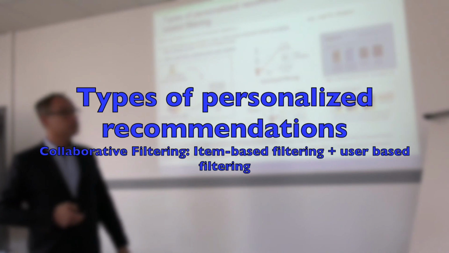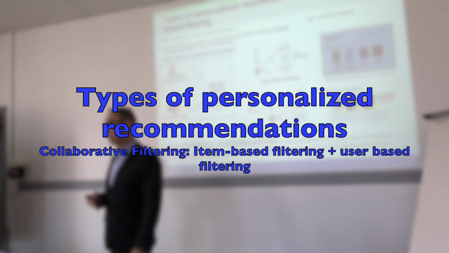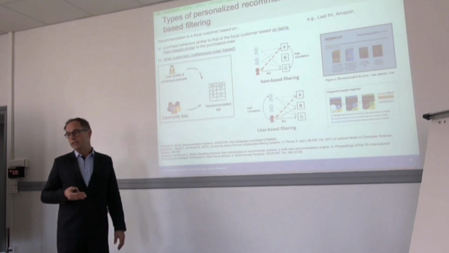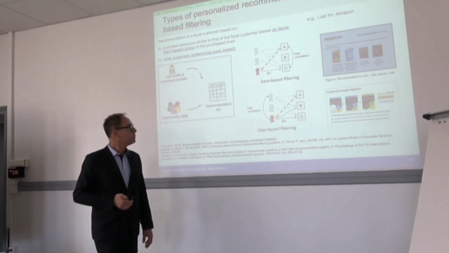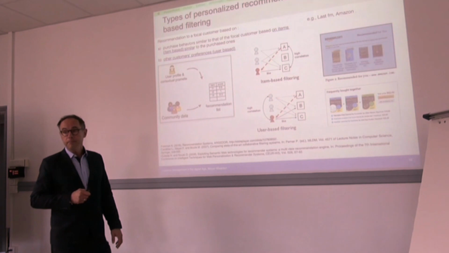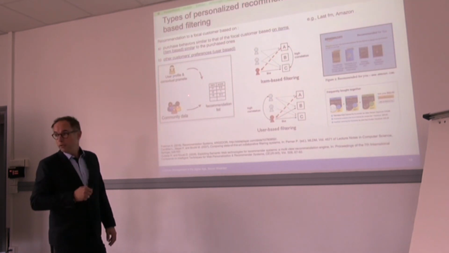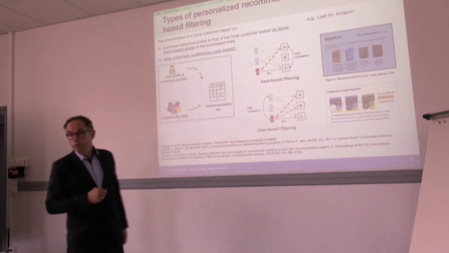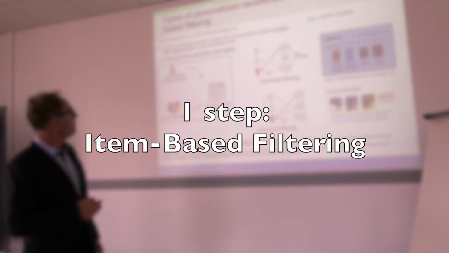Collaborative filtering is the more efficient way to personalize, because it uses not only your data, but also community data in order to personalize the relationship. In collaborative-based filtering, the recommendation will be done based on your user profile. That is your data, your purchase data, the items that you have bought, but also on community data, similarities. The recommendation will be done, as you can see, if you bought C, product C, this is called item-based filtering. Item A might be also interesting.